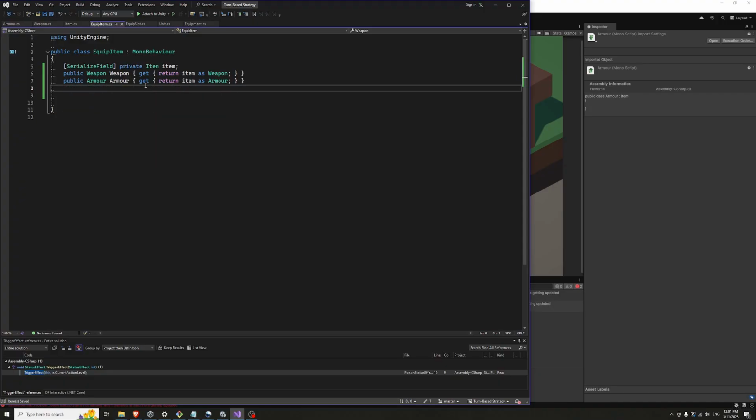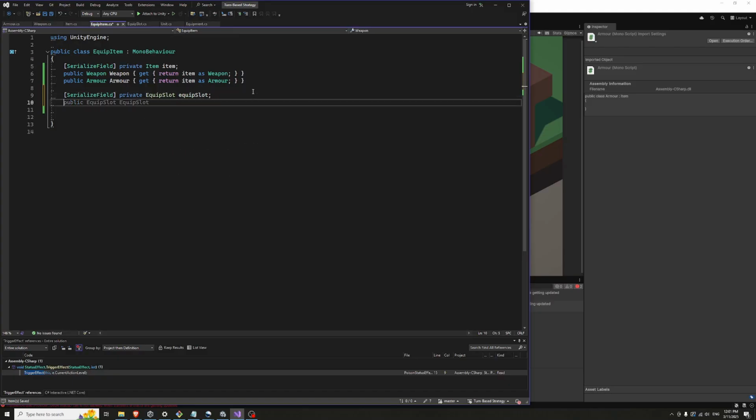Maybe it would be usable item as well, if you want to equip usable things like throwing potions in combat. But would this be fine? Equip item, and then also serialize field, equip slot,